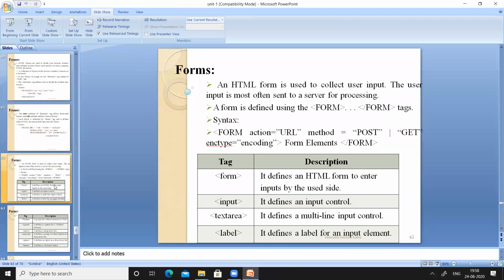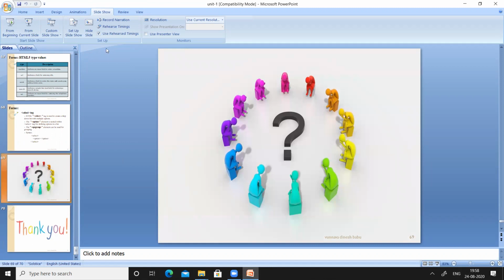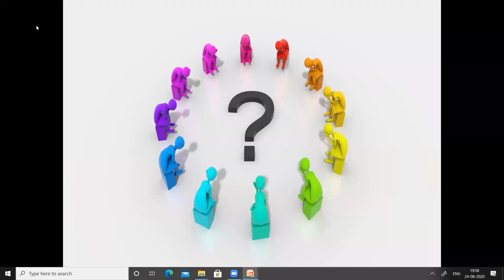In the next session, we are going to discuss the topic called forms. Forms are used to take input from the user. I will show how to create a form and how to use the form in order to take input from users. If you are very clear with the things we used in AWT in Java, in AWT in Java we created text fields, password fields, checkboxes, and radio buttons. All these things can be created using HTML also, by using the concept called forms. So we will discuss that in the next session.